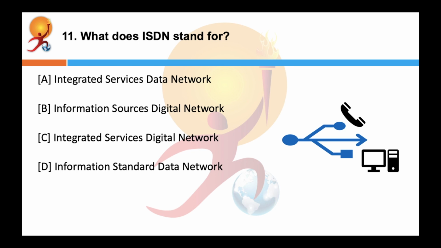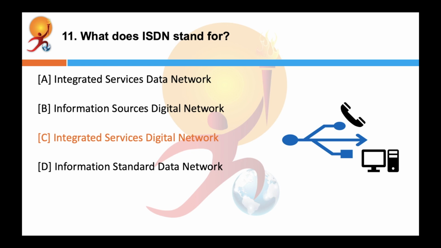What does ISDN stand for? Correct answer is C. Internet Services Digital Network. It establishes the connection using the phone lines which carry digital signals instead of the analog signals. With the help of this,